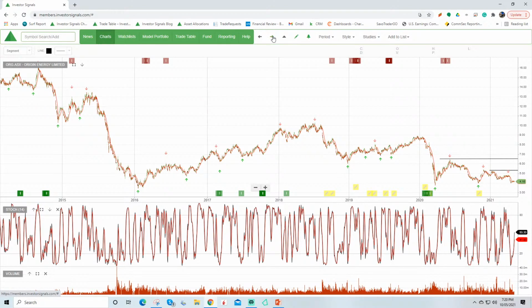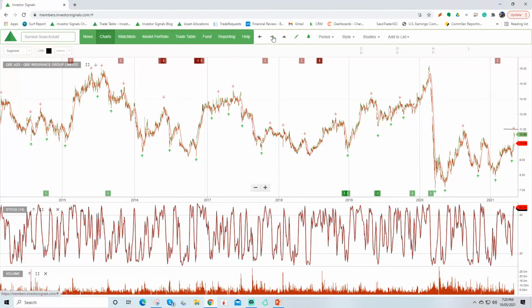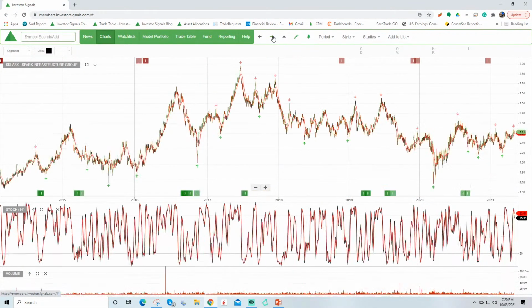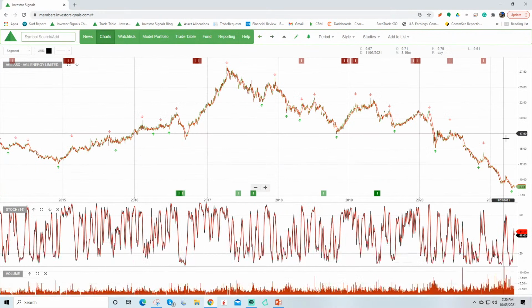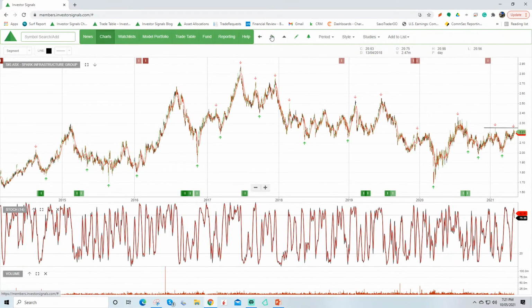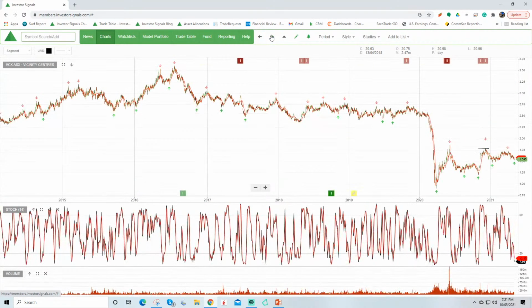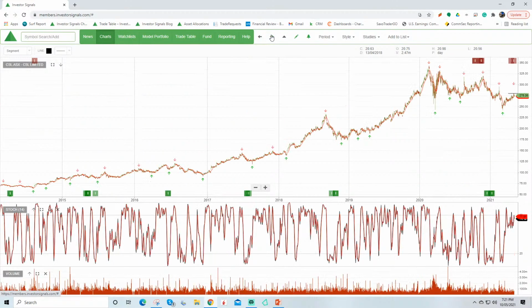Origin Energy may be getting a little bit oversold. We want to see that momentum reverse higher before we jump on board that as a counter trend trade. QBE under sell conditions at the moment, AGL under sell. So if we just jump back to AGL, we can see there the cascading lower lows, lower highs, the algorithm sell signals. If we have a look at Spark Infrastructure under sell conditions, Nine Entertainment under sell but likely to shift to buy later this year. Vicinity under sell, CSL.